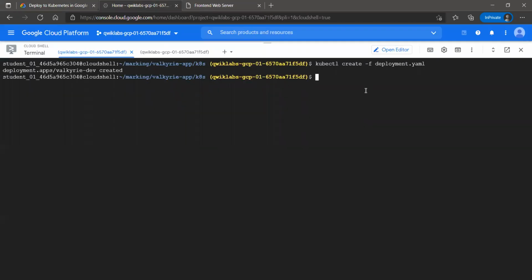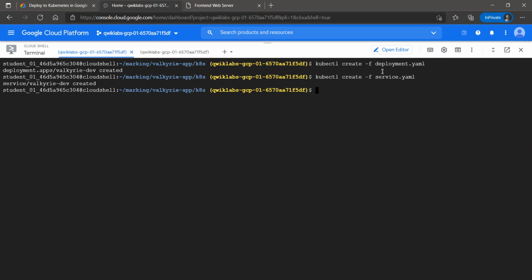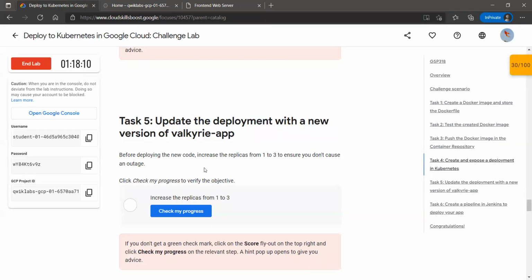So that the deployment is created on the deployment.yml file. Now we need to create one more deployment on the service.yml file. For that, simply copy this command, run it again. Just replace deployment with service. Yeah, so both the deployments are created successfully.